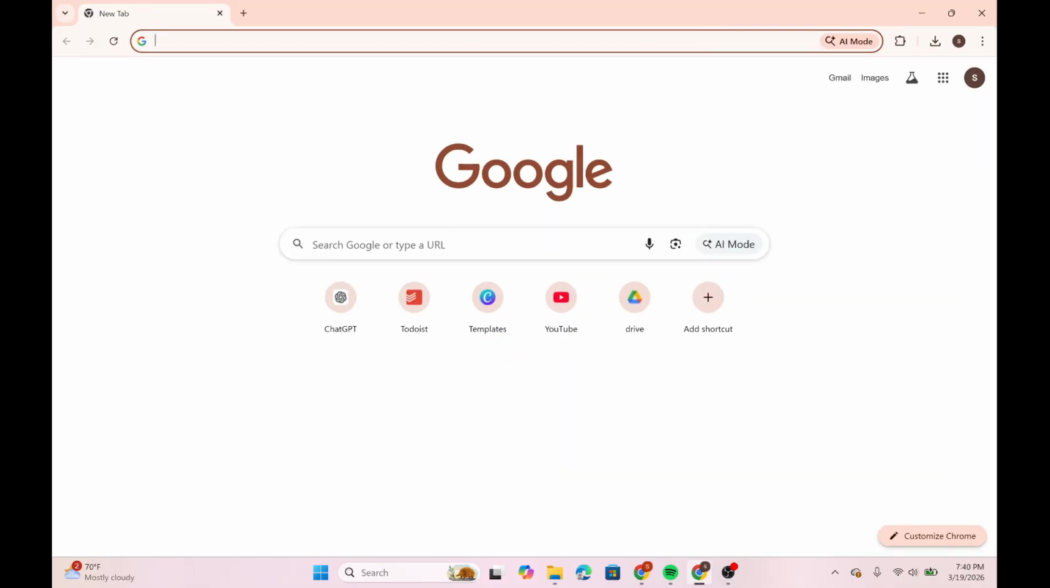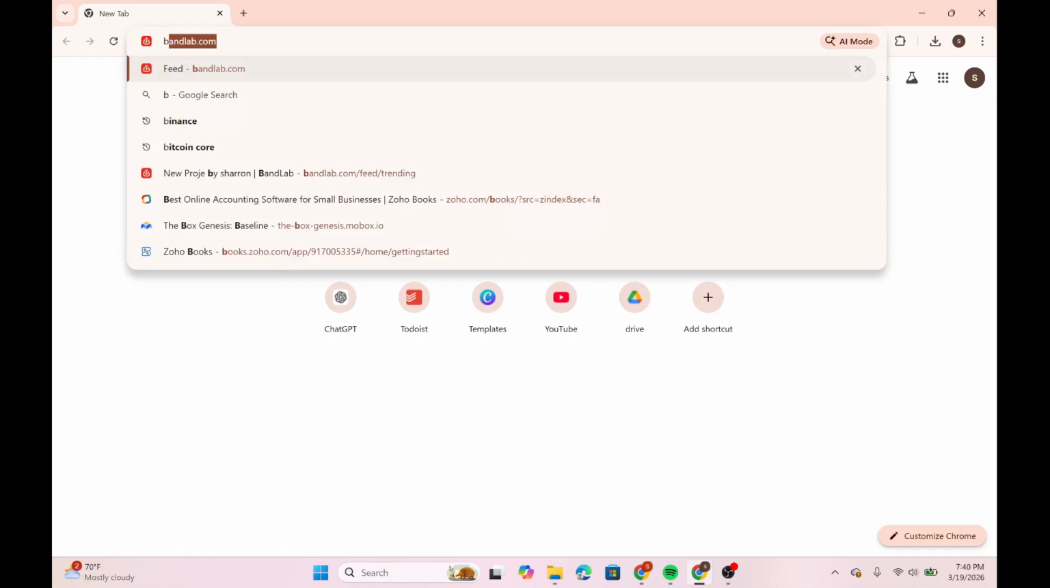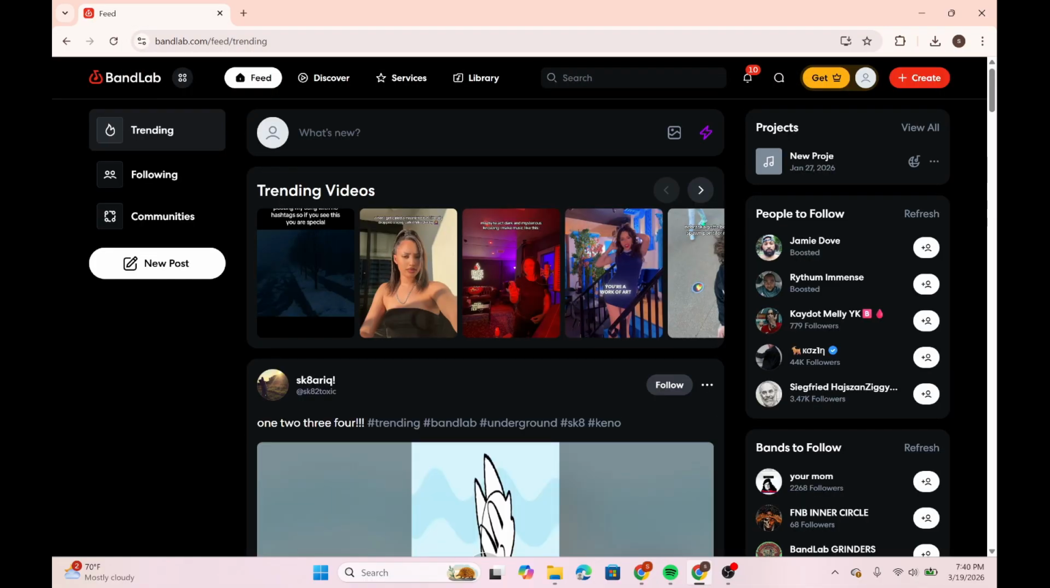After that, on the top you can find the address bar. Type in bandlab.com and press enter, and make sure to log into your account if you have not already. So you can either create a project in the top right corner, or, as I'm going to do, select the draft project here,